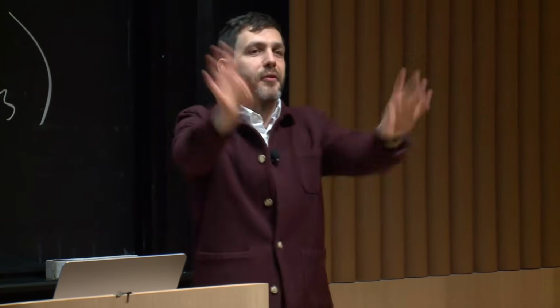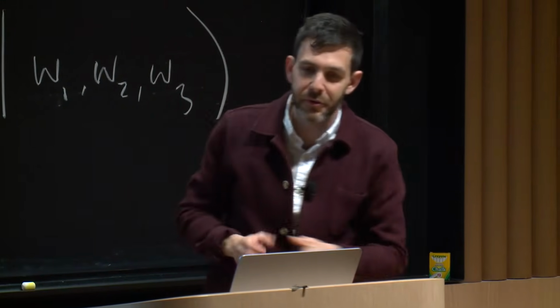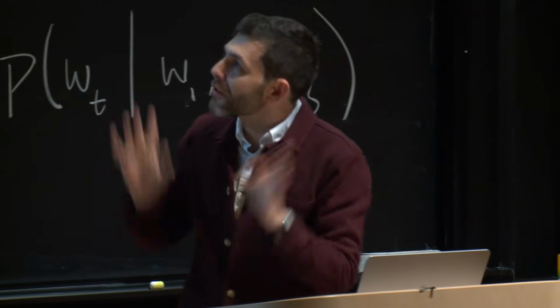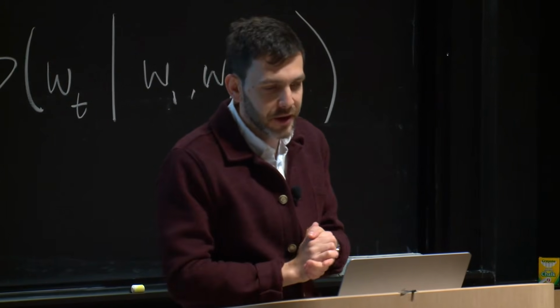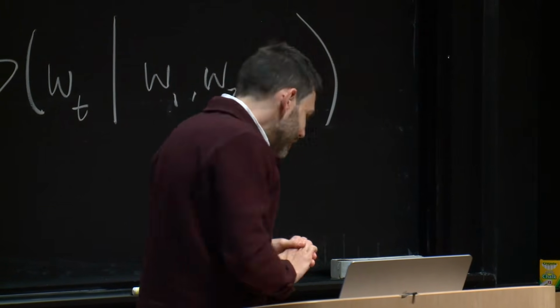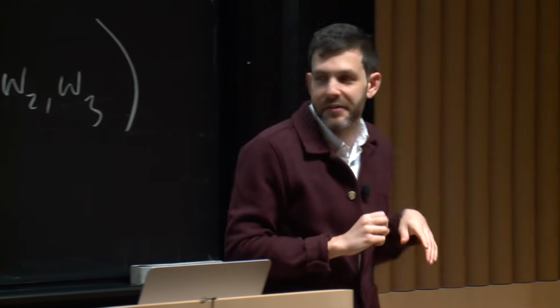If I just go out onto the internet and I count all the number of times that "once upon" occurs, a lot of those are stories where people are saying "once upon a". Some of those are typos where people have forgotten the "a" and are saying "time". There's other stuff that can come next that's licensed by English grammar. And if you just count these things up, right, you say for every sequence of 4 words, what's the distribution over things that could come next, you start to do a reasonably good job of generating text that looks sort of like natural language. And this is basically all that the field did from, say, the 60s to the